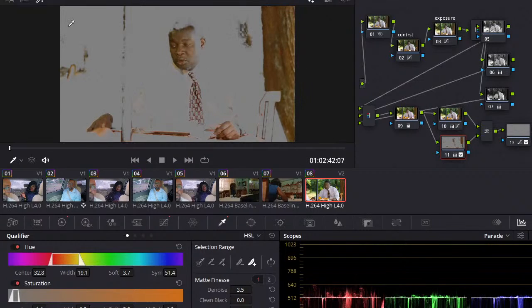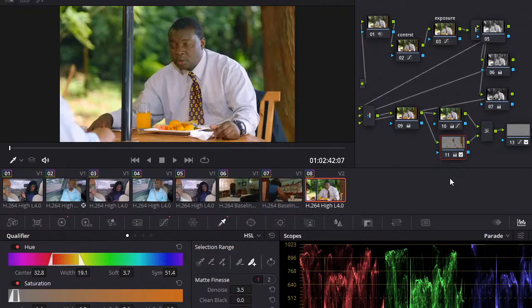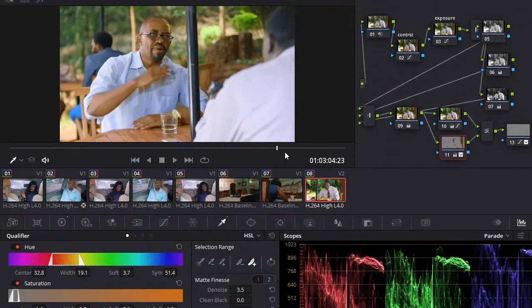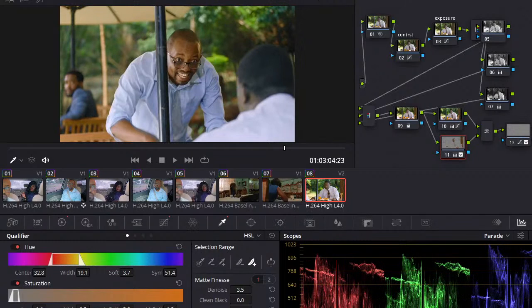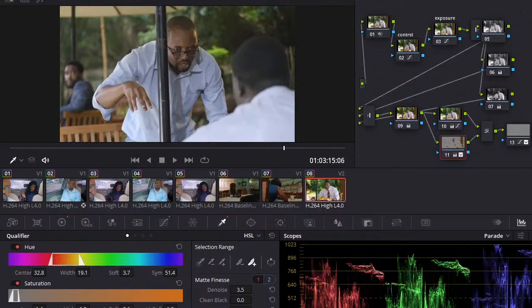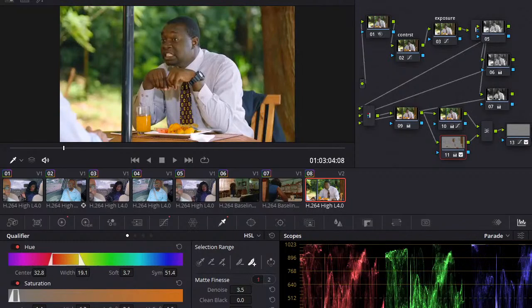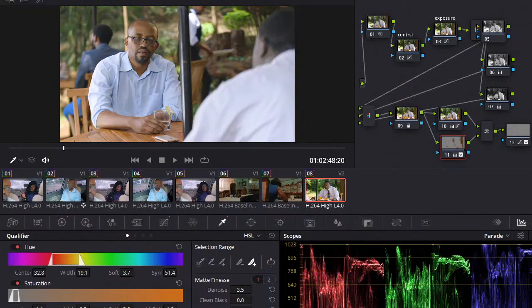Obviously the tree seems to have the same colors as his skin, so I'm not going to mess around a lot. But even that looks freaking amazing. On both ends of the spectrum, they look, that's insane. Look, of course, his shirt looks terrible. I had not even noticed his shirt, but just go to this one, where he is on this side. Just look at how amazing that looks. The skin looks natural, nothing looks out of place.